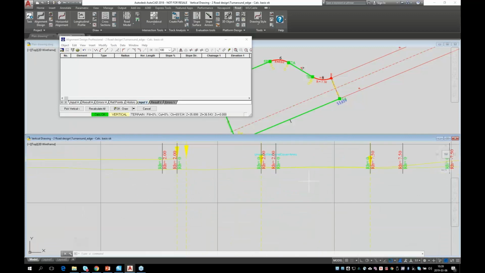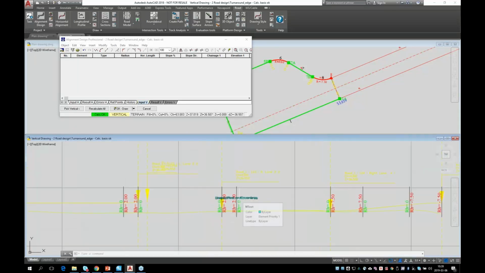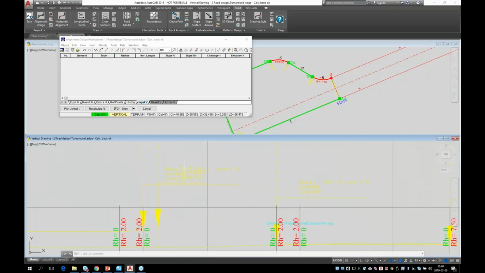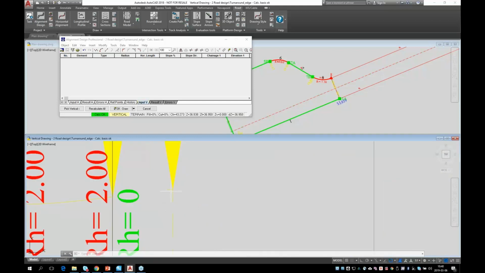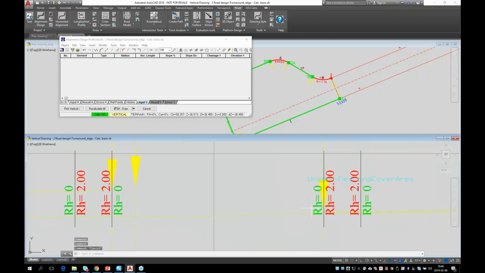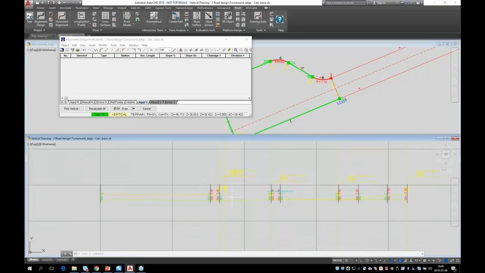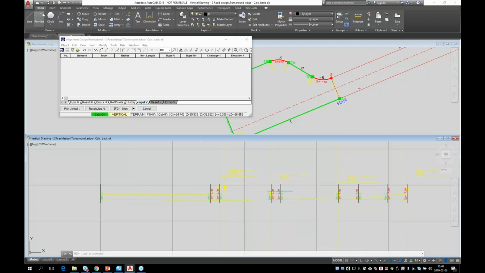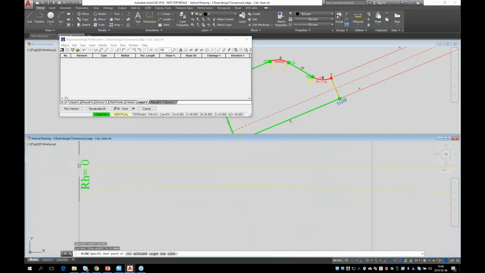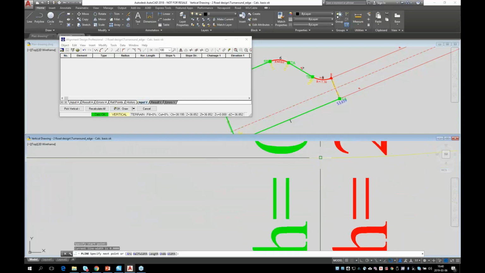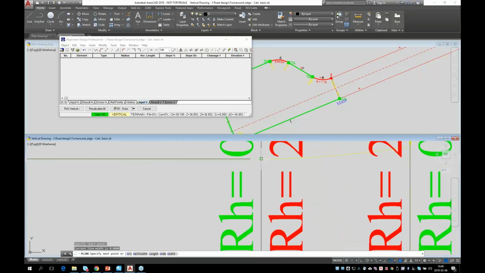So then we could see our center line here. We have that there. And we also could see our small parts of this help surface here. So we just have to connect those now with the polyline. So I create the polyline here, and here it's flat until we come to this part where the road is turning. And then we have to